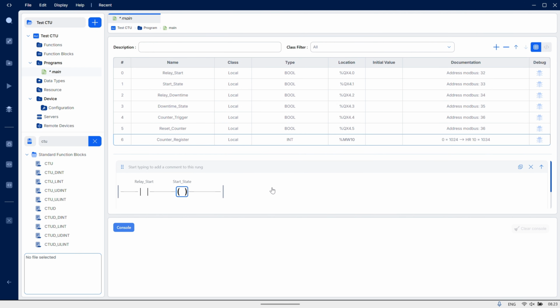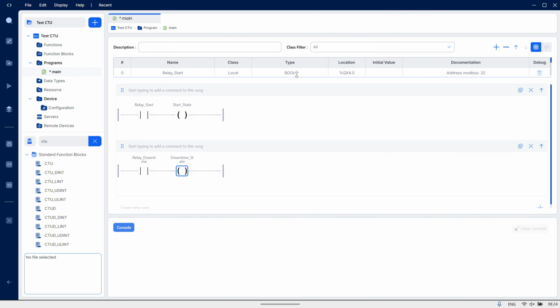Next, the second rung is used to control the downtime coil. We apply the same logic using the downtime relay and the downtime state. Please note that I am not using a physical input contact, since this is a software PLC. Instead, the coil register written by Node-RED is used as the input contact. When using a physical PLC, you can replace this coil-based input with the actual input address that matches the available